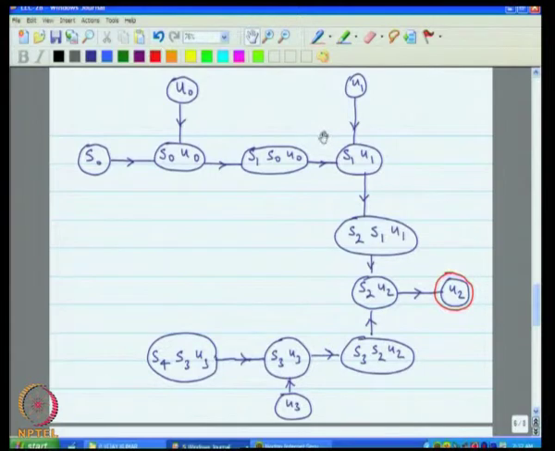Let us indicate that with a dotted line. So that is your first marginalization, and what you are going to do here is marginalize by summing over S0 and